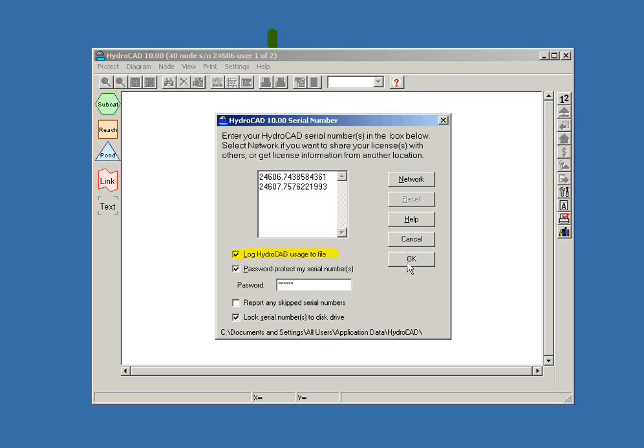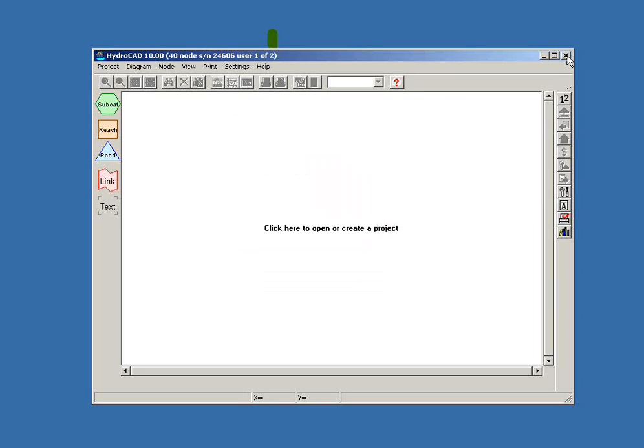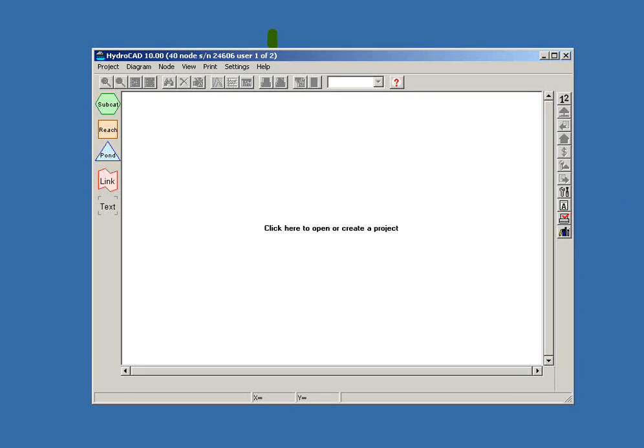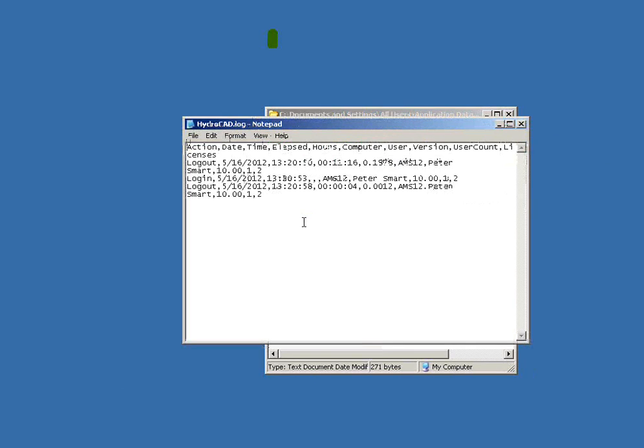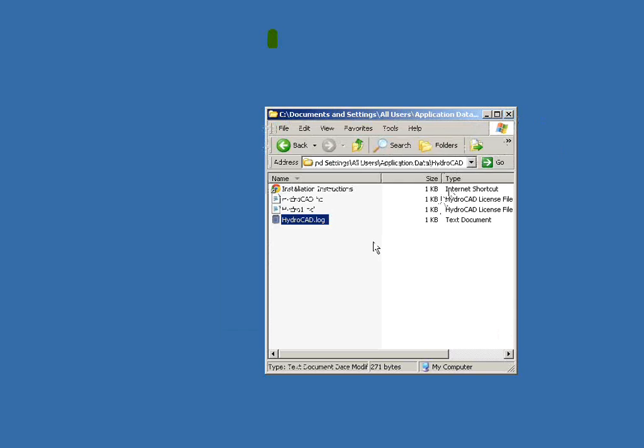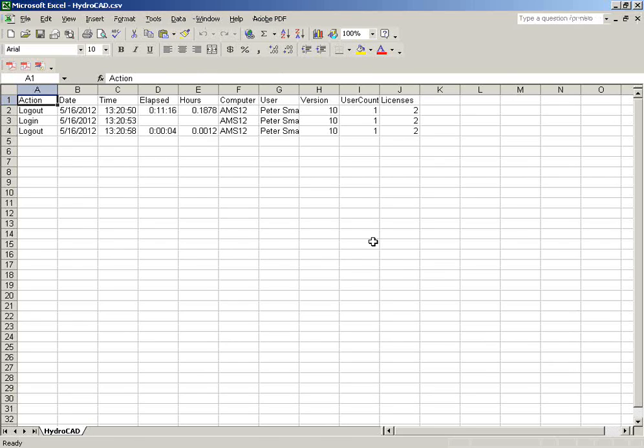So if we come back here and OK this box, what we actually need to do is leave HydroCAD, and then come back in, and we can exit once more. And as we do that, each entry and exit is being recorded to this log file. This is a basic text file, so you can open this in Notepad, which is what we see here, or you could change the extension to a CSV file and open that. In most systems, that will automatically launch your spreadsheet, such as Excel shown here, and you get a better look at the information